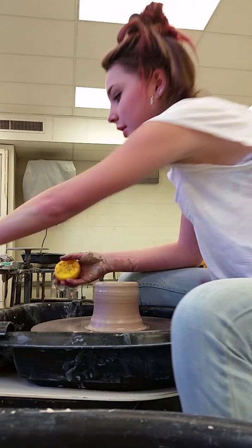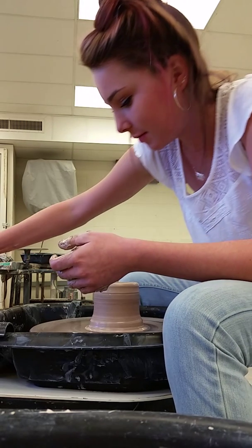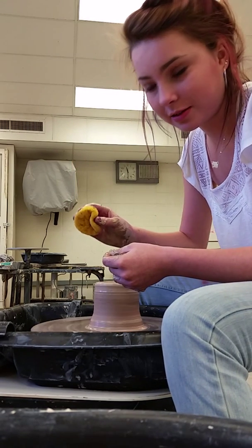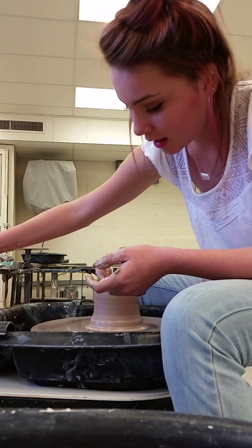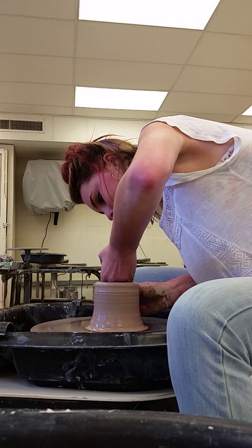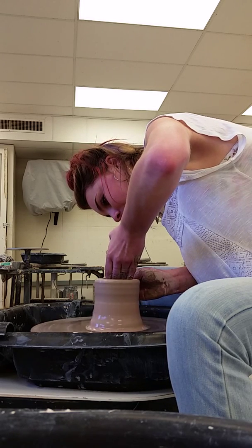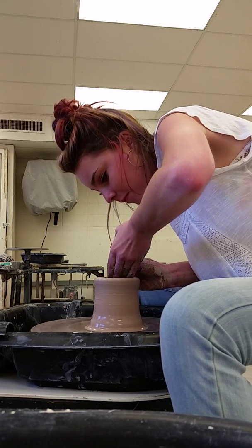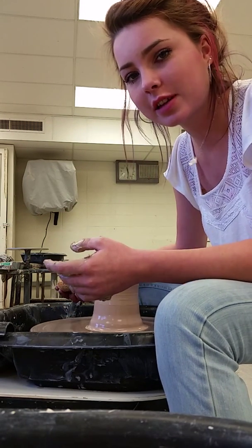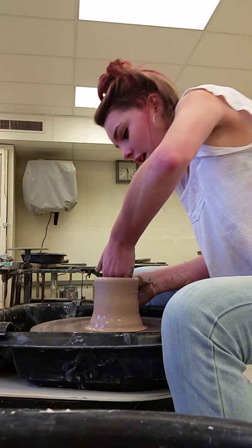So now, what I'm going to do is the other part. For this step, you take your two fingers, or actually your whole hand inside of it, and then your sponge on the outside. You got to make sure it's wet, obviously. And then all you do is start at the bottom and raise it up. And you can do this step as many times as you want until you have it the way you want it. I'm going to do it a couple more times. And this would also be the step like